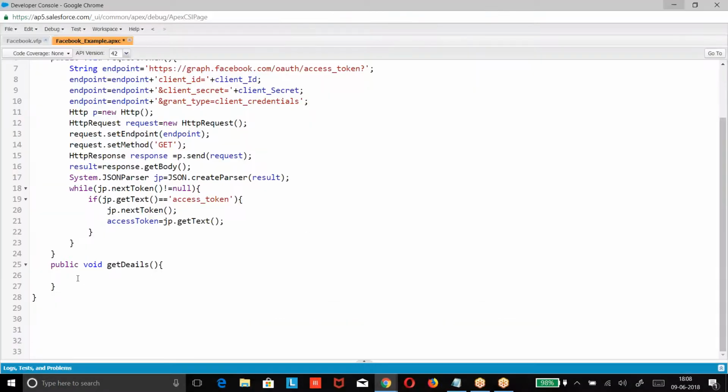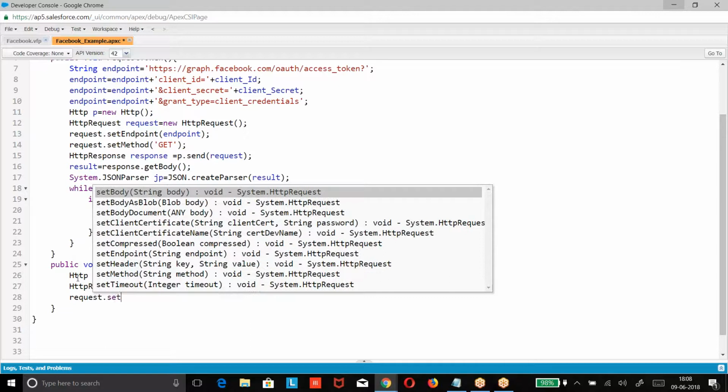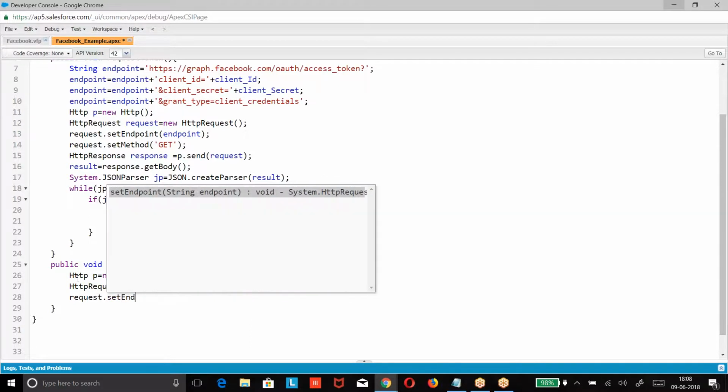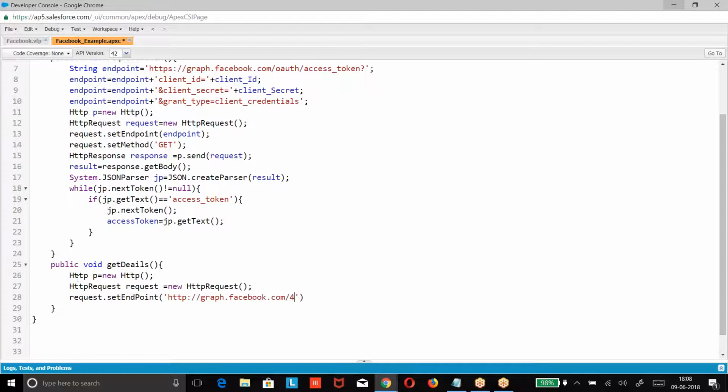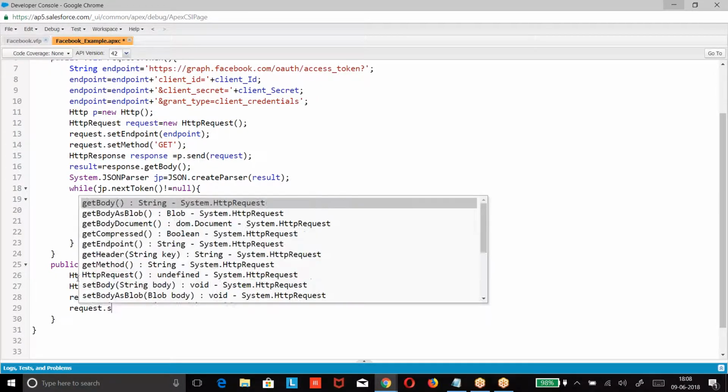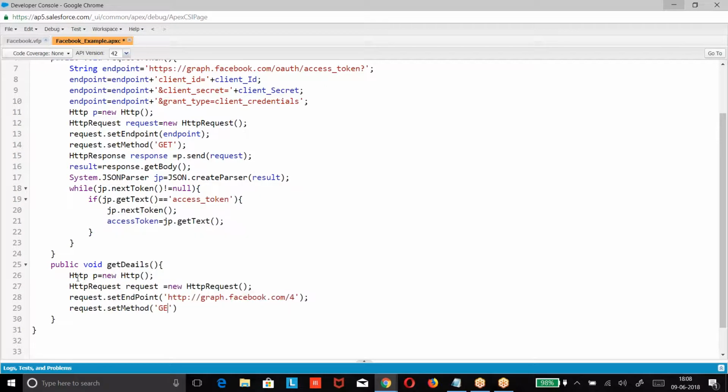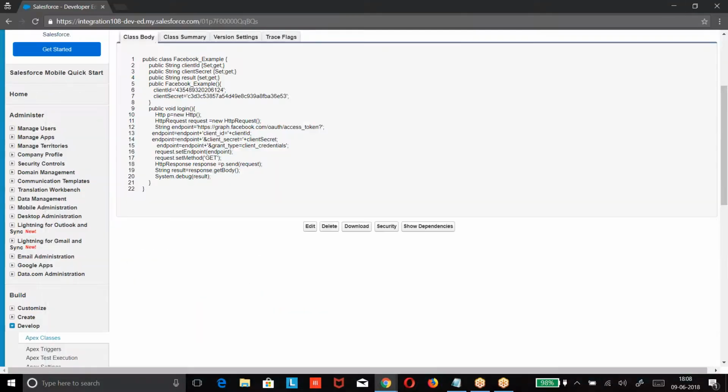Let me try from this side. Authorization, they are giving OAuth. Let me check.